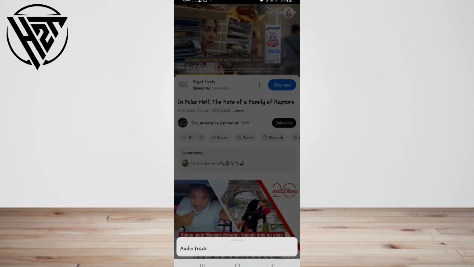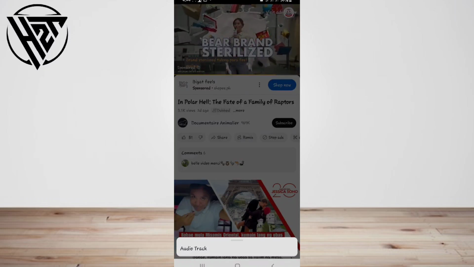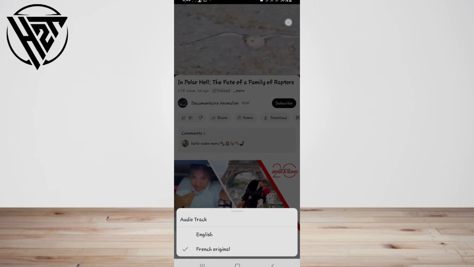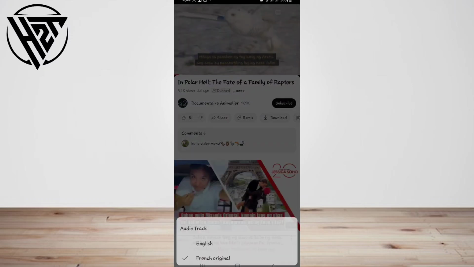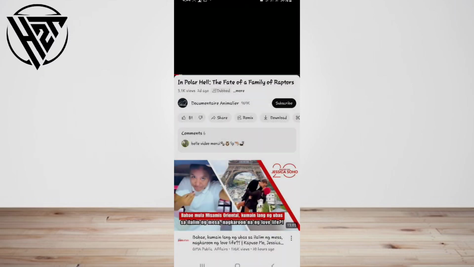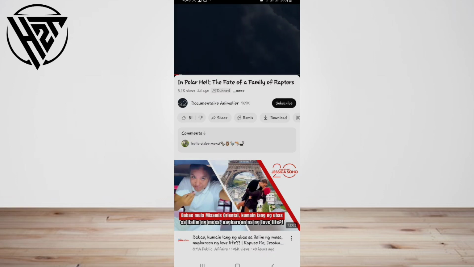If you can't find your local language on the list, it means the creator hasn't added the relevant audio file. It could be available in the future, but since there's no guarantee, you might be better off enabling closed captions on YouTube.